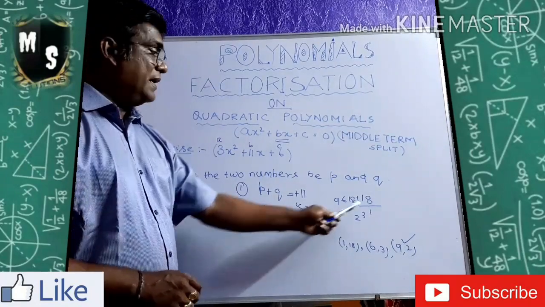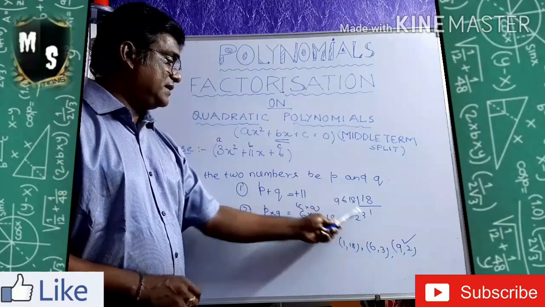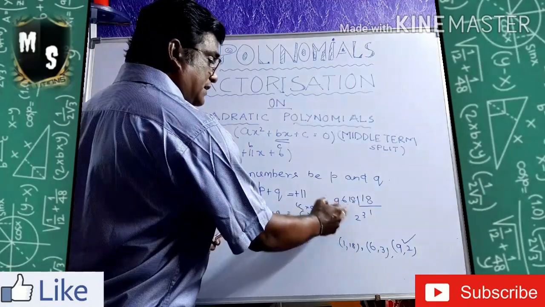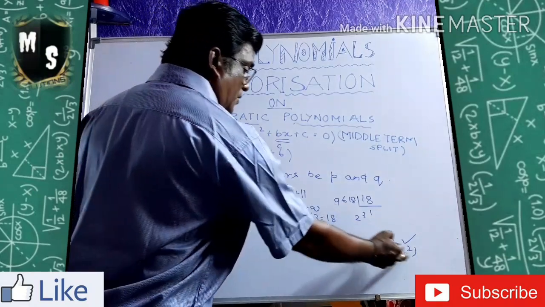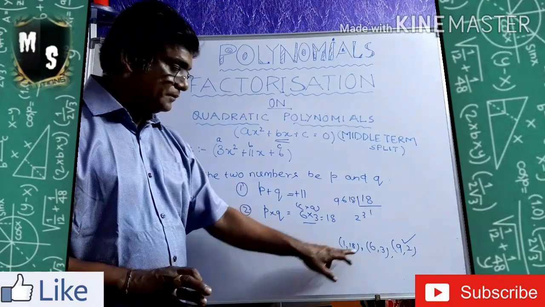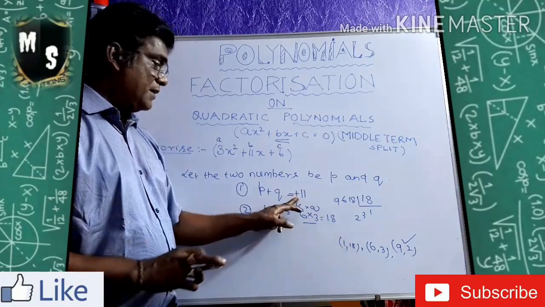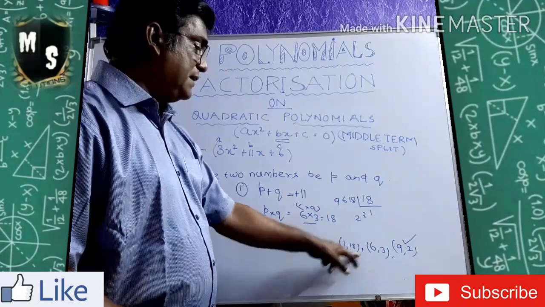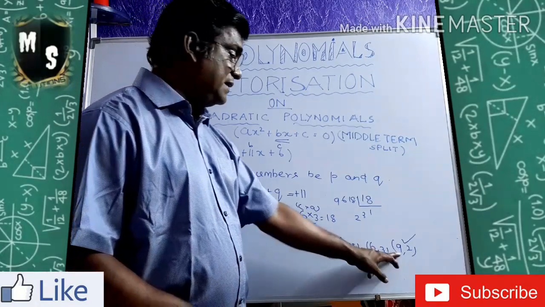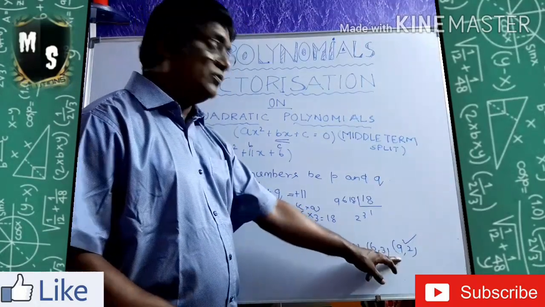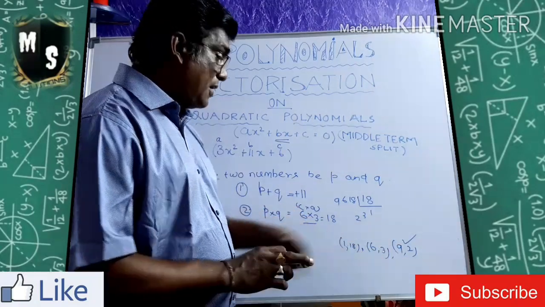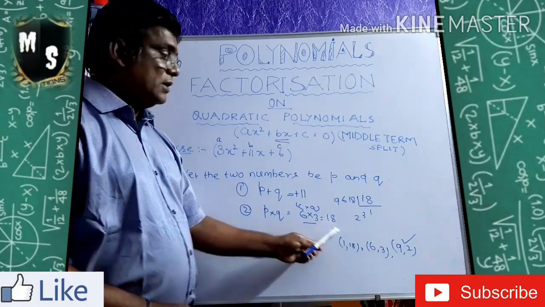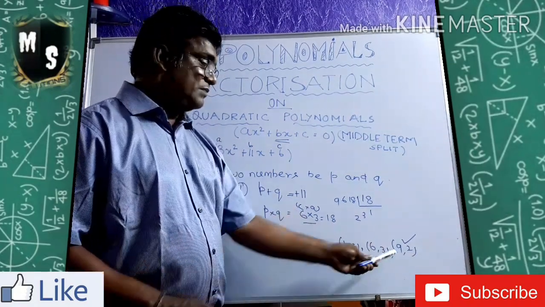You have to take the factors of c into a, that is 18. The factors of 18 are 18 and 1, 6 and 3, 9 and 2. So the pairs are 18 and 1, then 6 and 3, 9 and 2. Add these two factors to get your b. What is b, according to the sign? Plus 11. Here it is giving plus 19, here plus 9, here plus 11. So this is the factor pair giving you plus 11. Now multiply these two factors to get pq. What is pq? Plus 18. 9 times 2 is 18. So this is my selected factor pair.